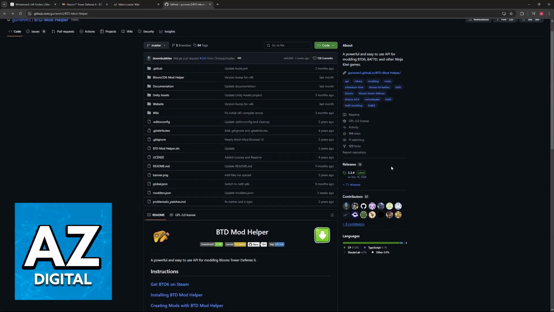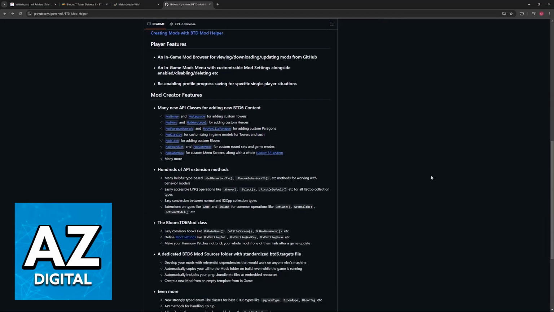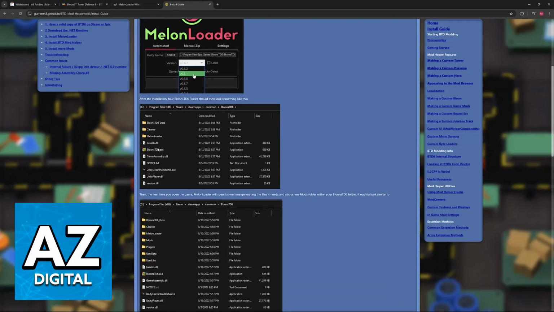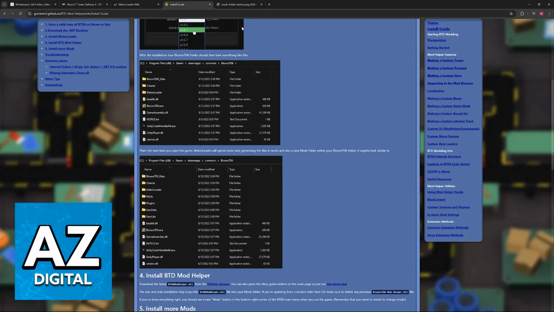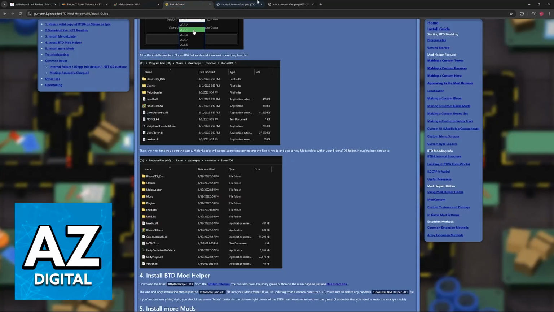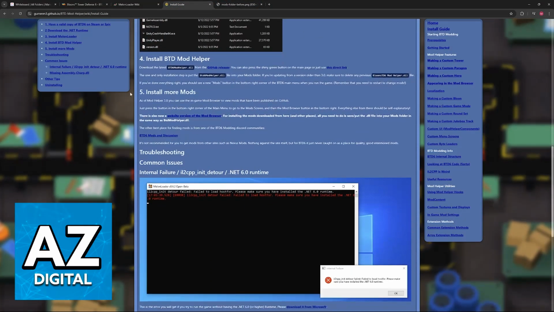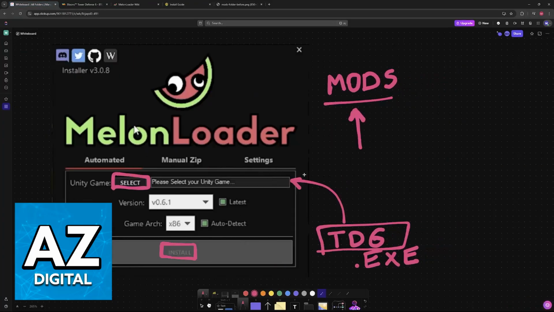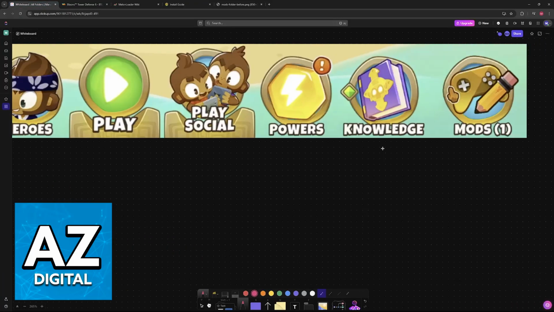As you can see, there are a lot of users, a lot of downloads, and you can do your own research, of course. Now, with this DLL file, all that you have to do is drag and drop it where you got your mods folder. So if you go over to Bloons TD6, you will see the mods folder like I mentioned. And when you access this mods folder, you can drop the DLL, and when you open the game, you will be good to go. I hope I was able to help you on how to play Bloons TD6 with mods.